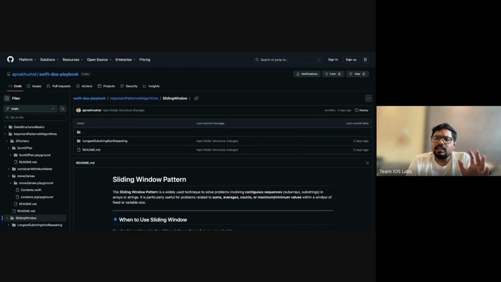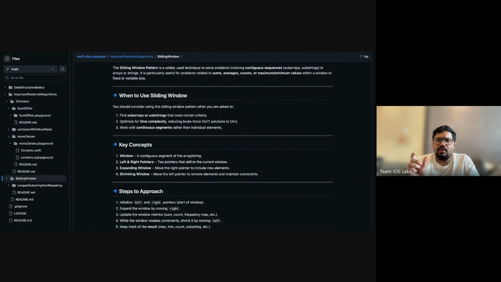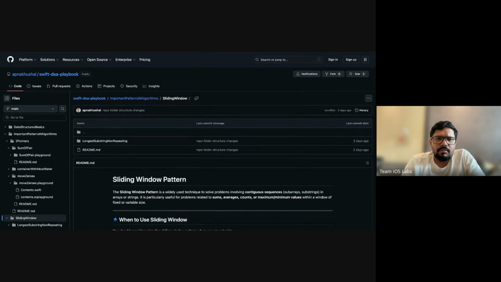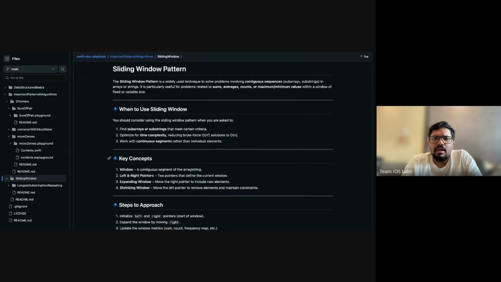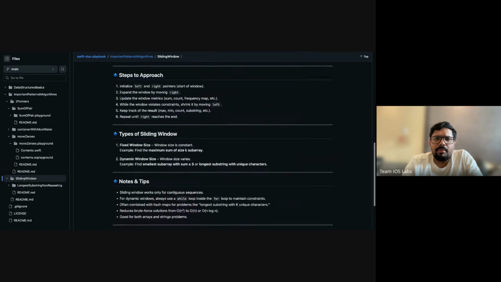Here the window size is not fixed, but there are questions where you need to find a condition in this much window only, meaning your window size is maybe 3, 4, 5, whatever is given. We'll see those fixed window size problems in the coming sessions and in our notes later on. But today we are going to see this problem, longest substring non-repeating character, which is of dynamic window size.